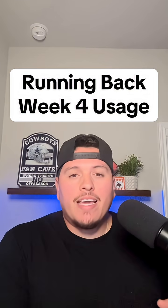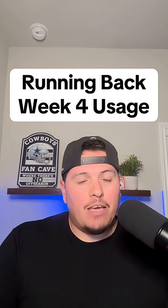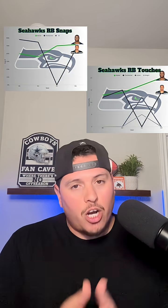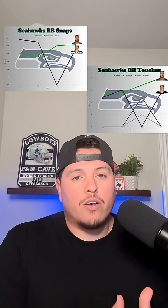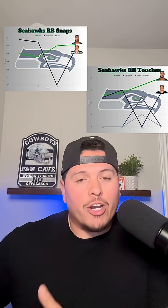Looking at some running back usage from week 4 of the NFL season, starting off with the Thursday night game and the early slate of the Sunday games. Looking at the Seattle Seahawks, Charbonnet returns back in week 4, slots back into his role, splitting the majority of snaps with Kenneth Walker. Walker does see the majority of touches, but Charbonnet seen all of the work inside the